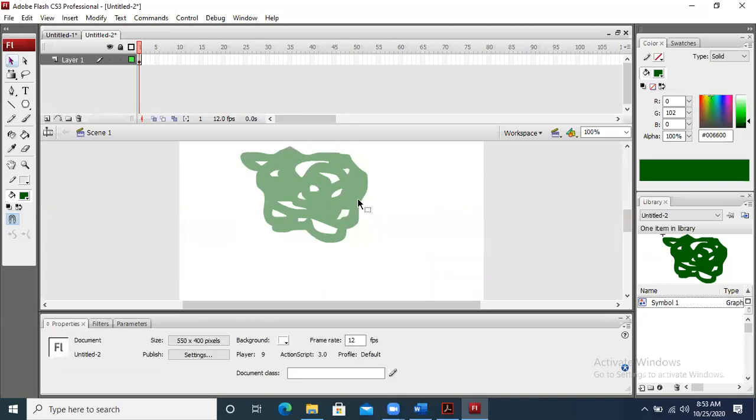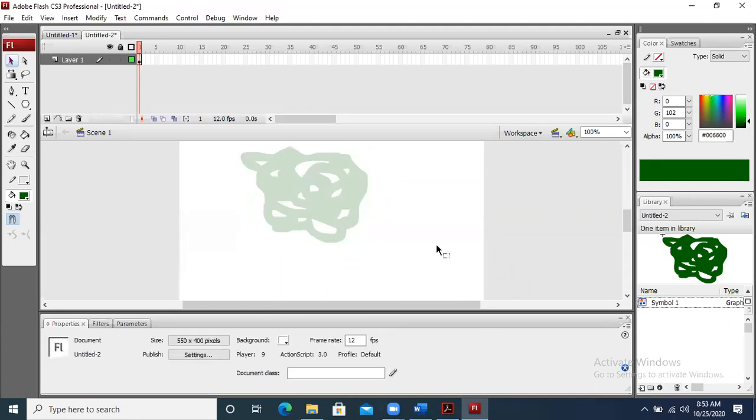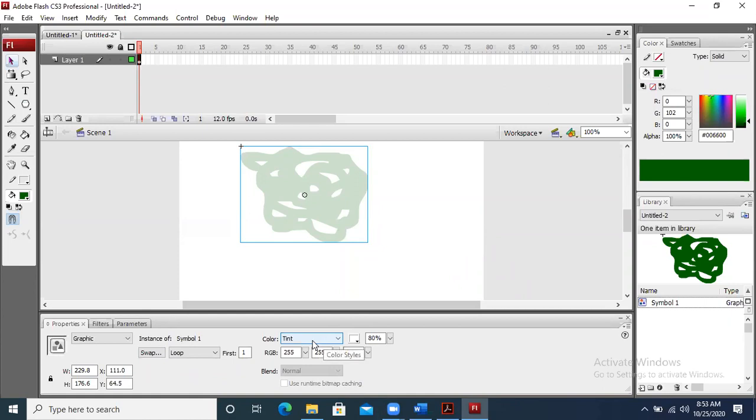Okay, now if I say tint, and in tint I say 50% or even less, say 20%. Fine, so at 20% it has been faded. But if I say, let's suppose 80%, now you can see that it is very faded, because I have changed the tint option up to 80%.